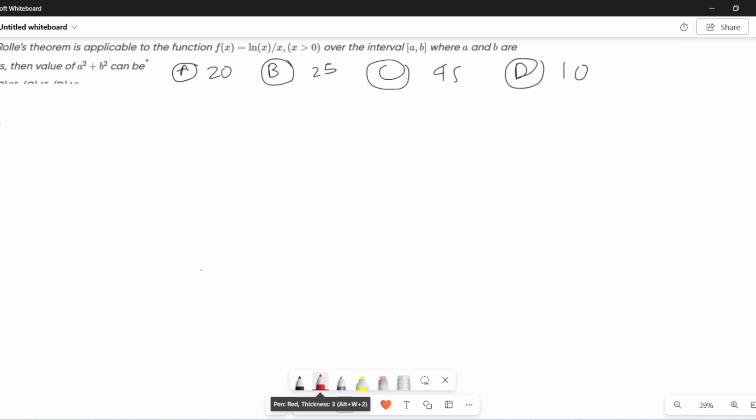If Rolle's theorem is applicable to the function f(x) = ln x / x, where x > 0, lying in the interval [a, b], where a and b are integers, then the value of a² + b² can be? Okay, so first condition, f(x) is continuous